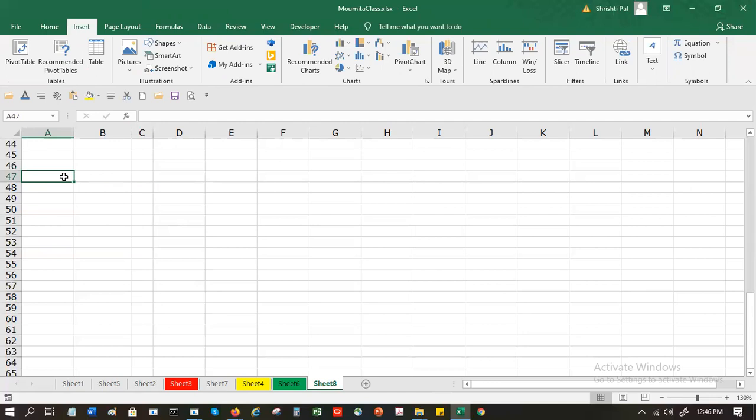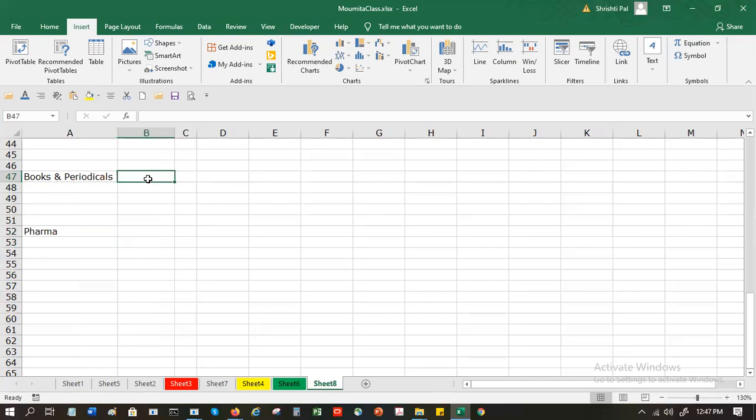Suppose you have two sets of data. Here we have north, south, east, west, and two sets of numbers, amount and numbers, correct? Let's say your company has two businesses, one is books and periodicals, another is pharma. You might have north, south, east, west for each of them.